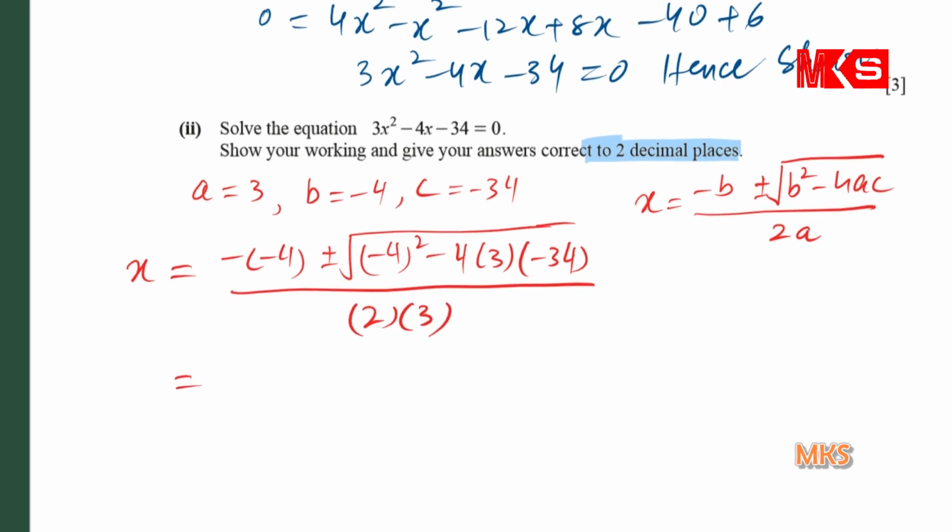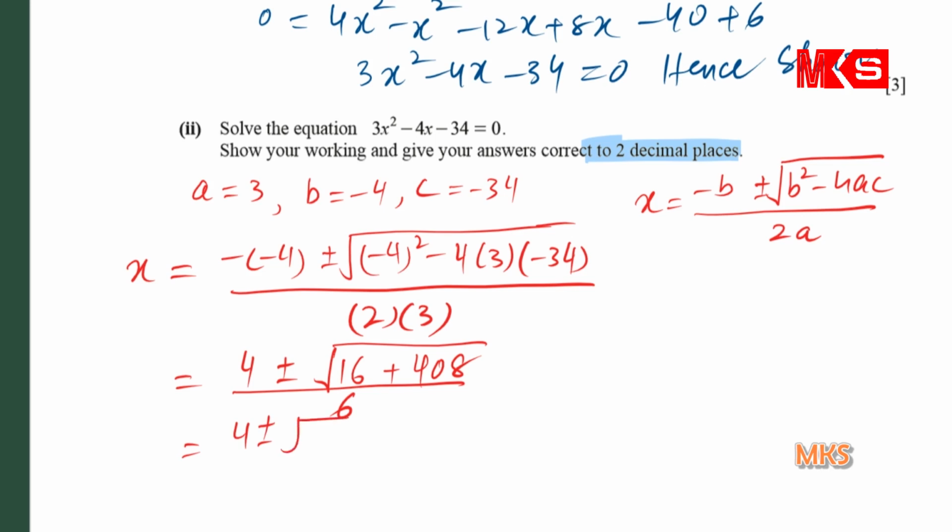So that will become 4 plus minus square root of 16 plus 4 times 3 times 34, that is 408. And 408 plus 16, that is 424. 4 plus minus square root of 424